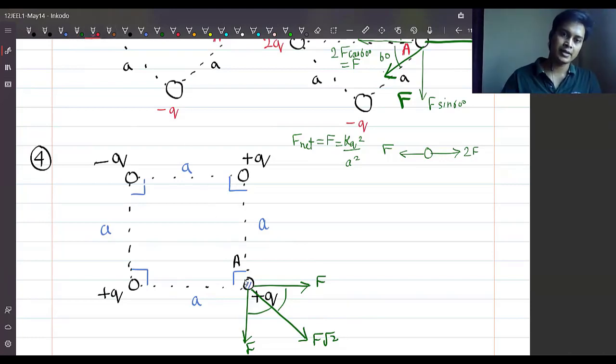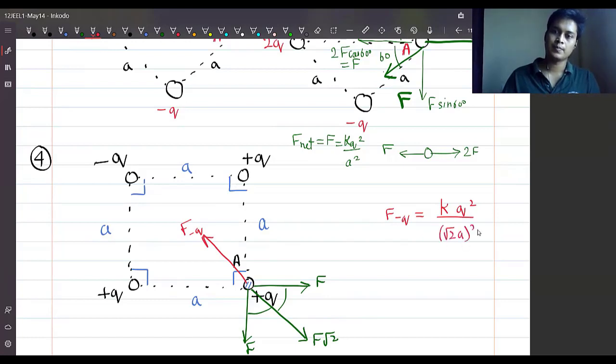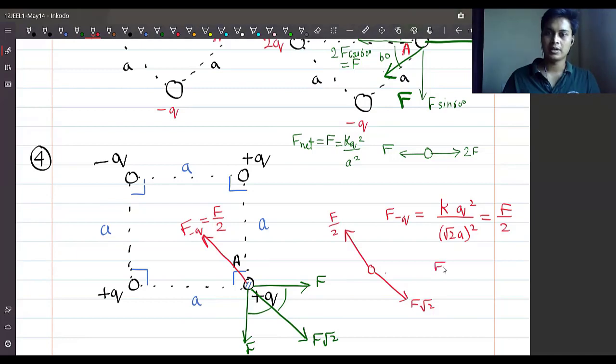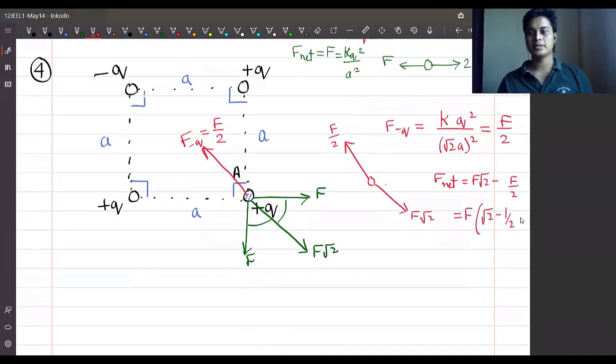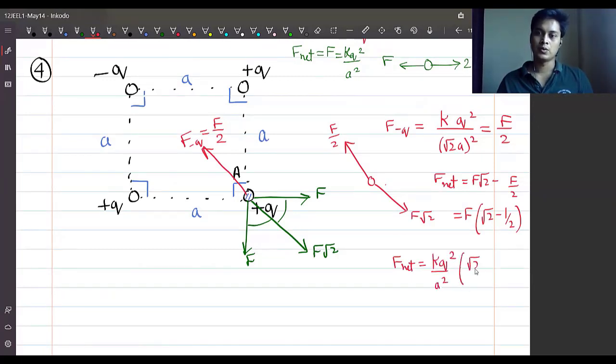But this negative charge will be attracting it. This force due to negative Q, if you want to solve it, that will be K Q square. I'll ignore the sign because I'm taking the direction, and distance will be root 2a. So this will be F by 2. So F due to minus Q is F by 2. So you can write the net force is F by root 2 here and F by 2 here. So the net force will be written as, in this direction, F net will be F root 2 minus F by 2. If I take the F common, it will be root 2 minus 1 by 2. That I can write it as the net force is equal to kq square upon a square root 2 minus 1 by